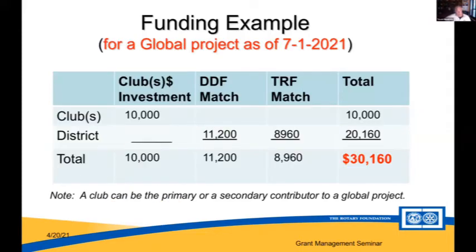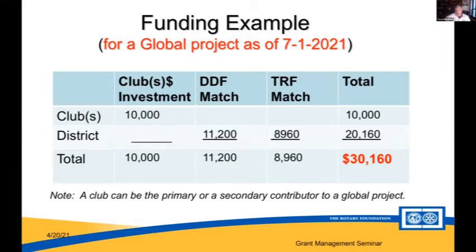Here's an example of a minimum way to meet the $30,000 minimum requirement. If your club or individuals give $10,000, that is not matched, but that $10,000 goes toward the $30,000 total. If you can get approved for $11,200 in DDF, 80% of that would be added or matched by the Rotary Foundation, bringing it to a total of $20,000 plus. The two of those amounts would total $30,000 or more, and that would be enough to meet the minimum requirement